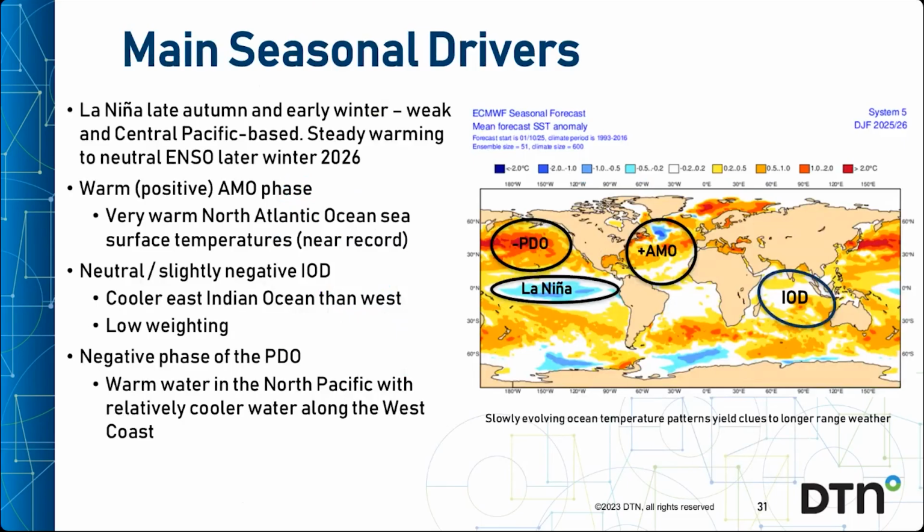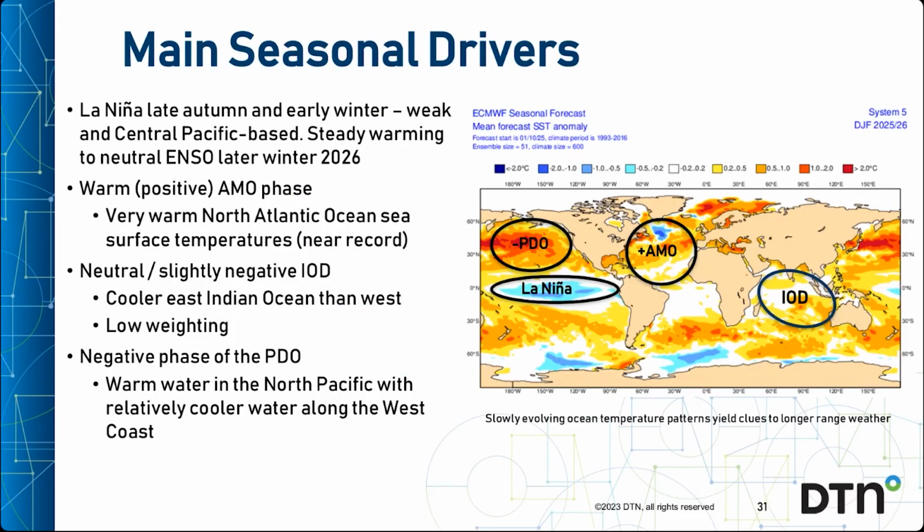Now, if we cast our eyes back to that cool water in the equatorial Pacific, the La Nina that we're headed for early this winter shows up. It's already developing with an ongoing cooling trend through the next couple of months. So we should see weak La Nina conditions in November and December, and perhaps into January, before weakening late winter and into spring, with a neutral state developing.